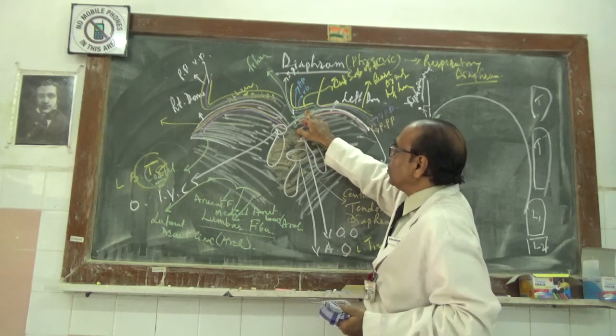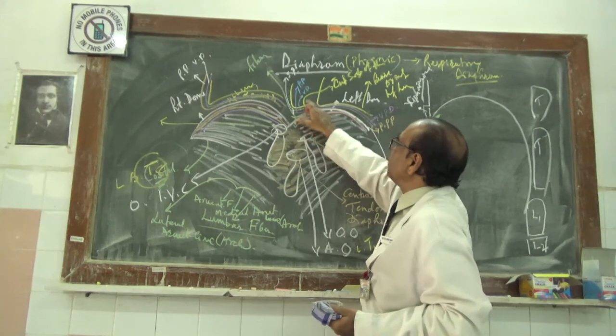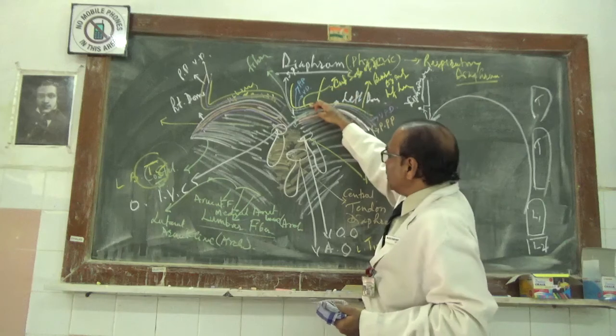Serous will have two: the parietal pericardium and the visceral pericardium from the inferior surface of the heart,